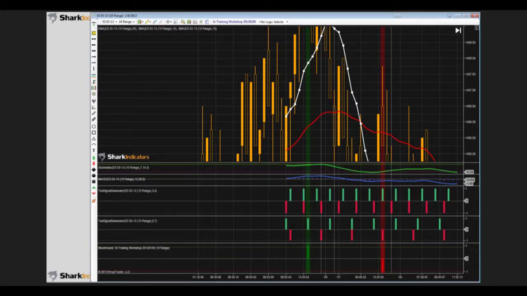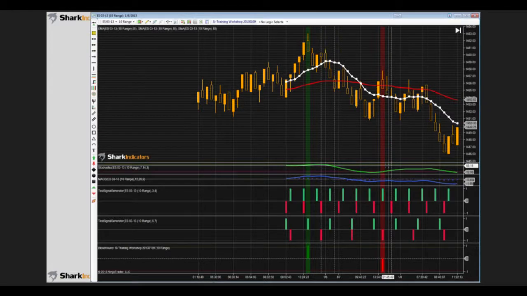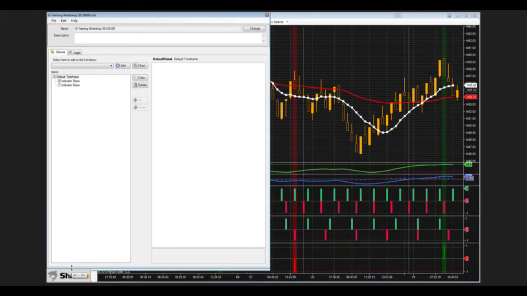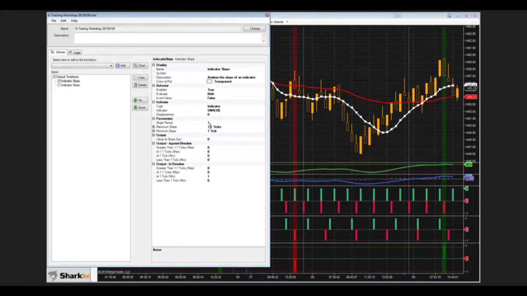So let's see, Gary. All right. Gary says "or more." Okay, so Gary, if you want to do one tick of slope or more, all we need to do is just adjust our output to match. So if we want one tick or more, to keep it simple,